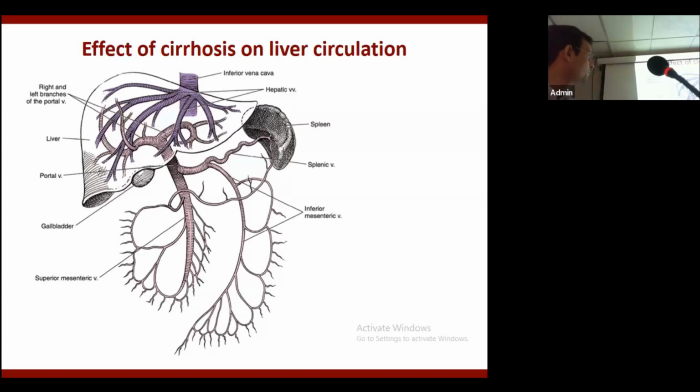So this is basically in cirrhosis. What happens is there is decreased flow to the liver because of the intrahepatic resistance, and the hepatopetal flow is reversed. It becomes hepatofugal. So there is pooling of blood in the splenic circulation. So when we treat portal hypertension, the mechanism is to decrease this pooling of the blood in the splenic circulation and to vasoconstrict this splenic circulation so that there is increased blood flow to the liver along with the venous